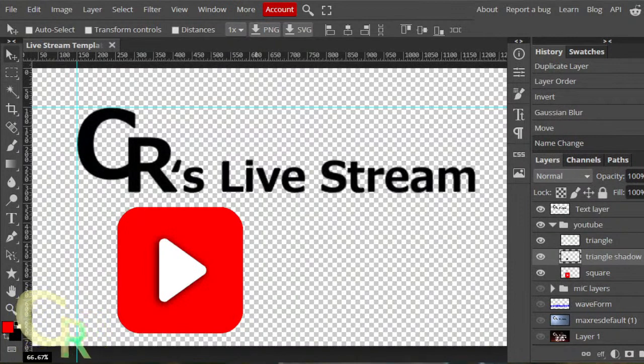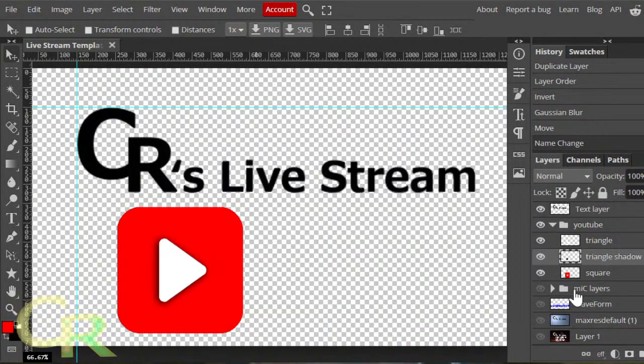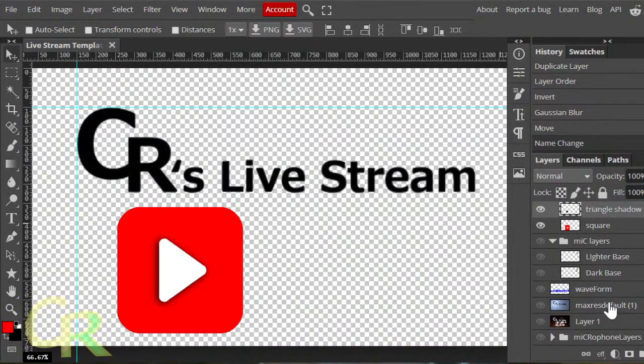This is why organization is important, because you can see how many layers I have in here. Minus these two and this one, it's starting to get complicated. And remember, look at the folders I have, right?